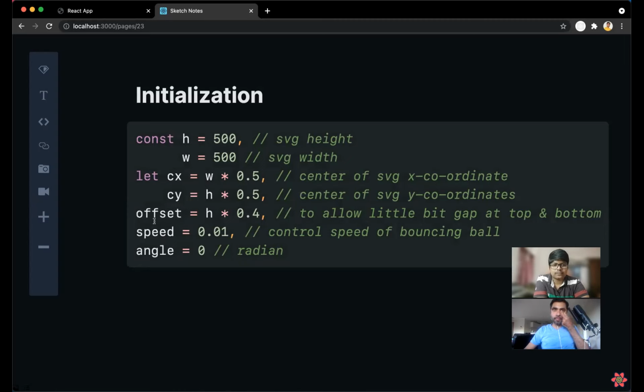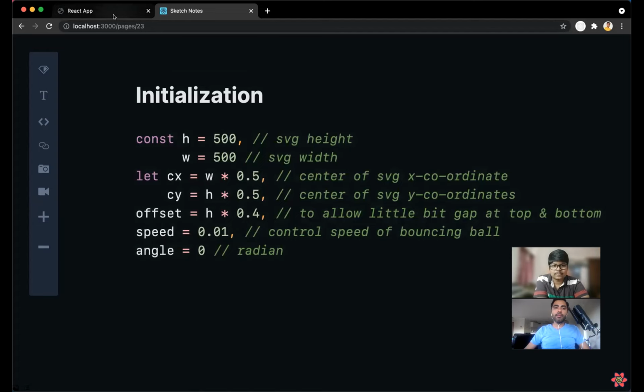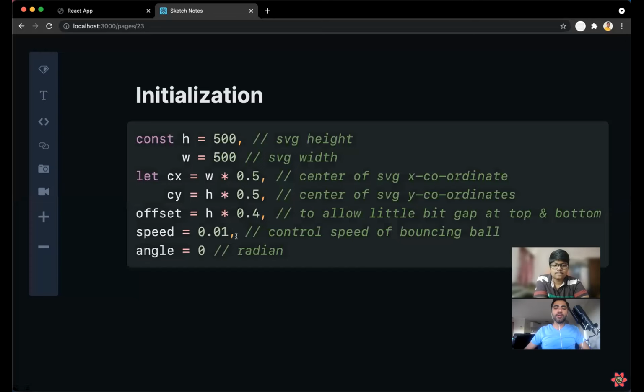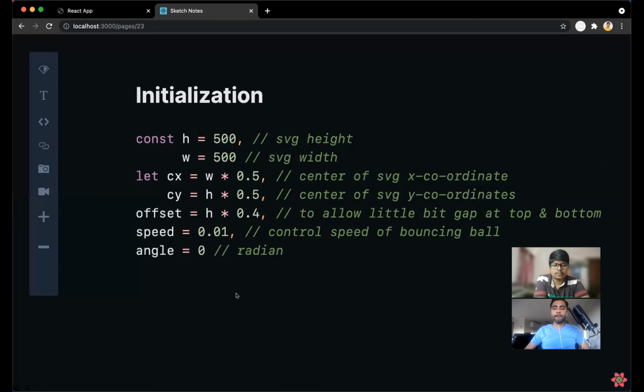So the center of the circle is being affected by the offset? Yeah, so that it won't go beyond this control. Otherwise, if you change it to 0, you can see it will go above it. So you decided on 0.4 based on the circle's radius also? If it was a larger circle, you would need a smaller one. Yeah, I just gave it randomly, so you can manipulate it like 0.3, whatever is working for you. But a little bit less than the entire height.